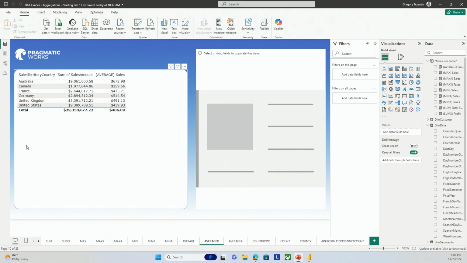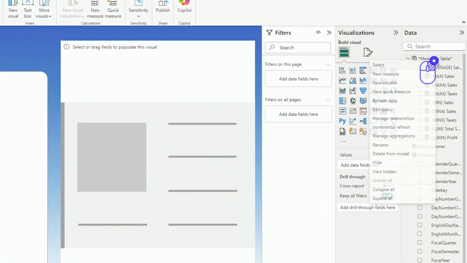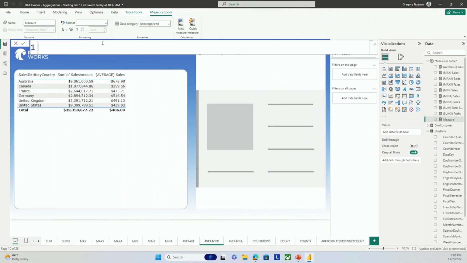All right, so in the table here, I've already got average and the sum of the sales amount, just so we can look at our sales here. And we're going to go ahead and try to figure out the average sales amount accounting for taxes. So I'm going to go over to my measures table, right click, new measure. And for this, we're going to use